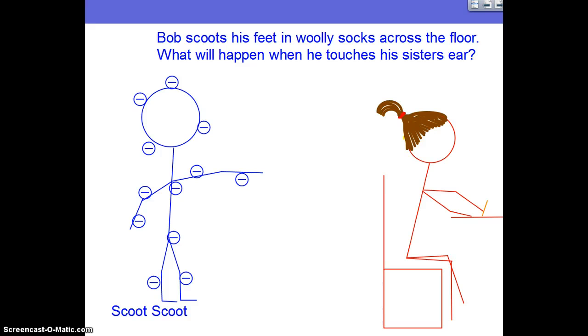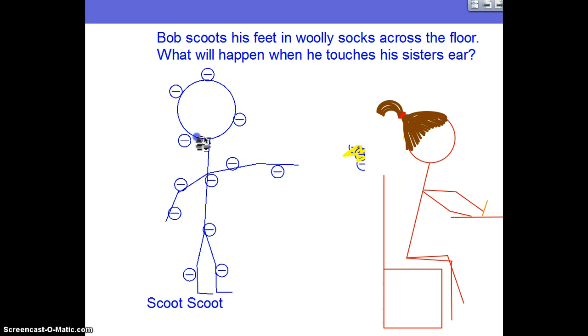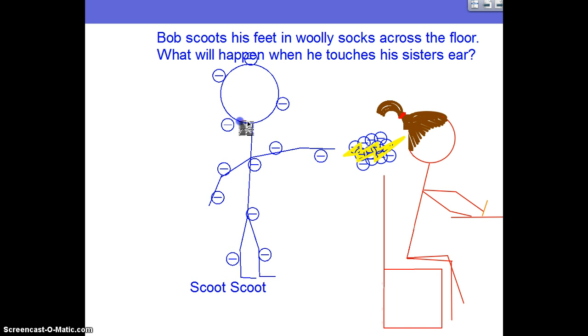Time for an example that may or may not have happened in real life. Bob scoots his feet in woolly socks across the floor. What will happen when Bob touches his sister's ear? Well, as you can see from the illustration, Bob has built up a negative charge by stealing electrons from the carpet. So as Bob scoots across the carpet,